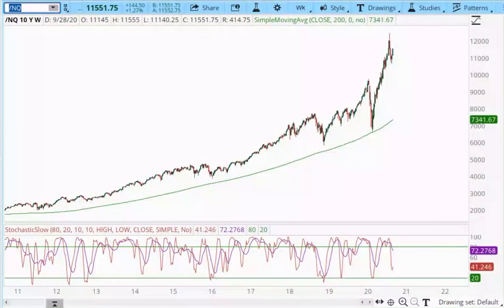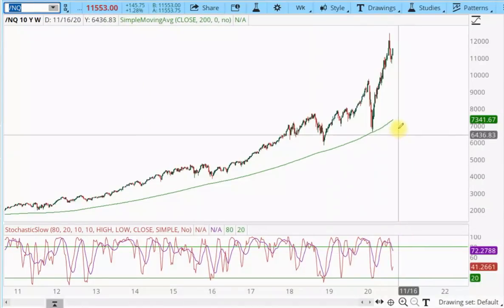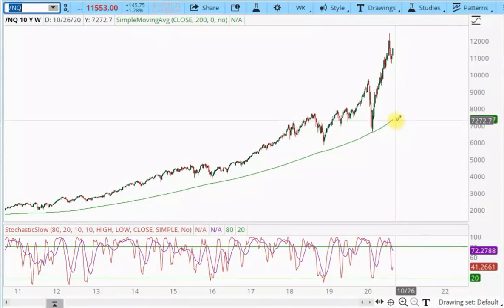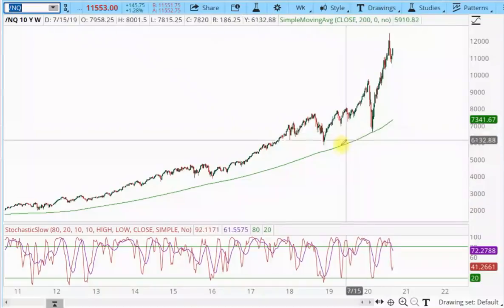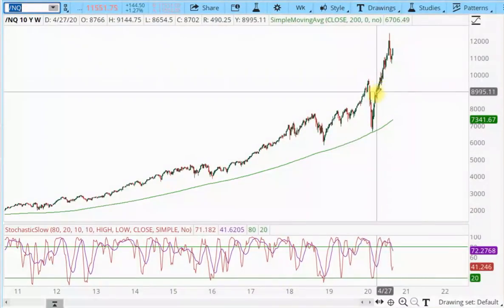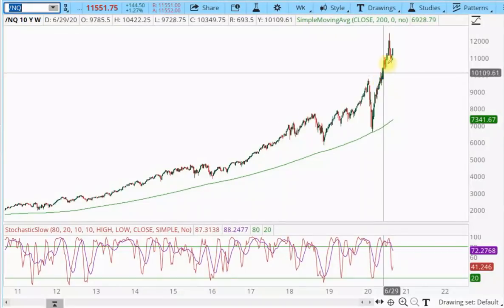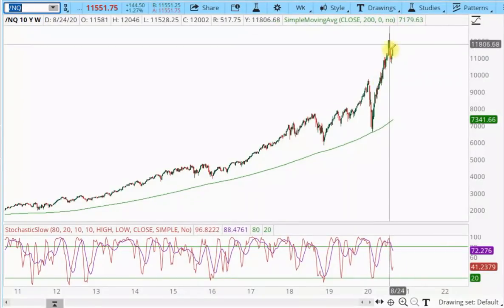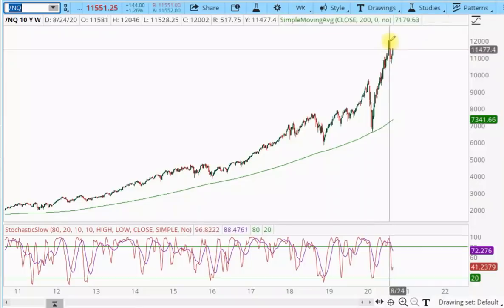All right, in today's video, I'm going to take a look at several markets in relation to their moving averages, their long-term moving averages. These are weekly charts. This is the 200-week moving average. You can see the Nasdaq here has just gotten stretched insanely far above its long-term moving average, and we've